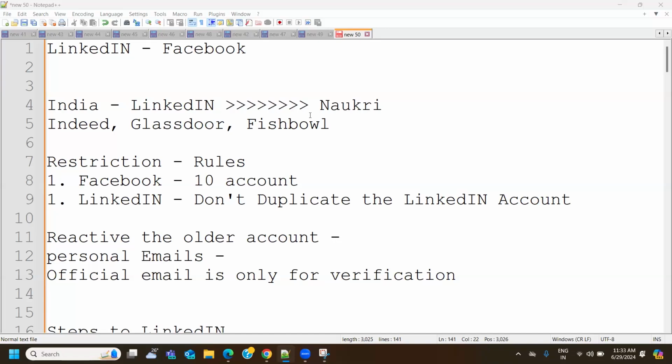Nowadays, the government has made a rule: you yourself can close it, stating that you have left this organization and the date. Mention the correct dates. If you ever come across the same day with two different companies, assuming today is 29th of June, I am leaving an organization called TCS, I already hold an offer from Accenture and I'm joining today.